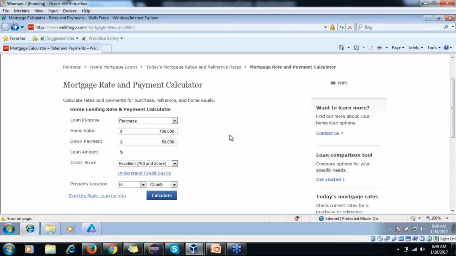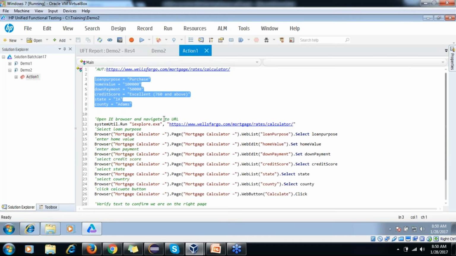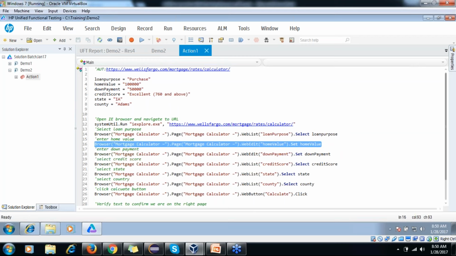So this kind of application requires different data sets, and to use this concept, we need to parameterize our test. So we started our first step of parameterizing our test. We created one variable, we gave those values whatever you want to enter, and we are using those variables where we want to enter anything or select anything.